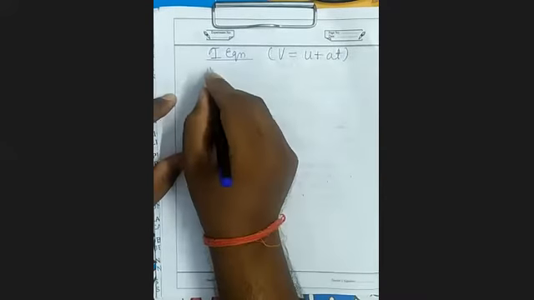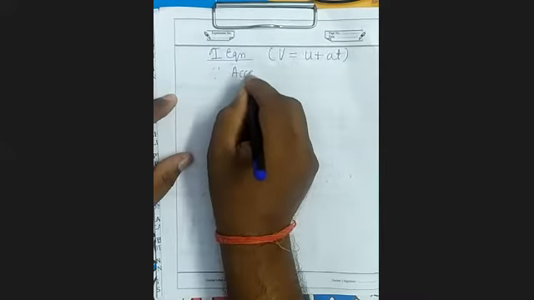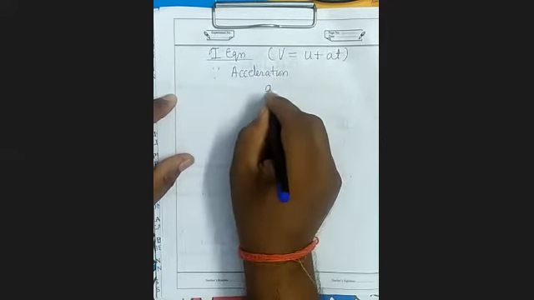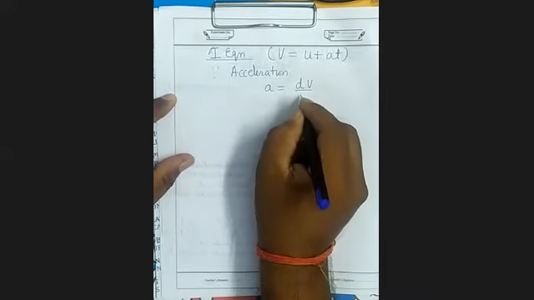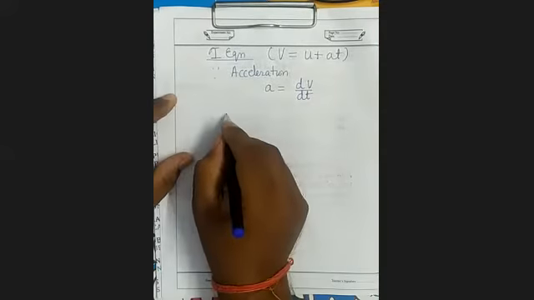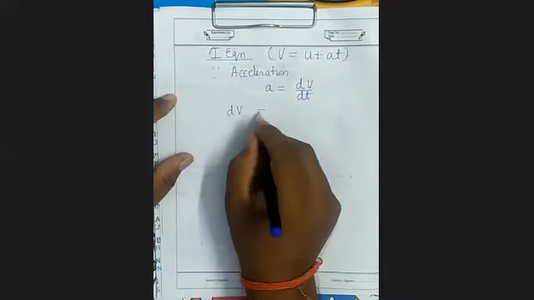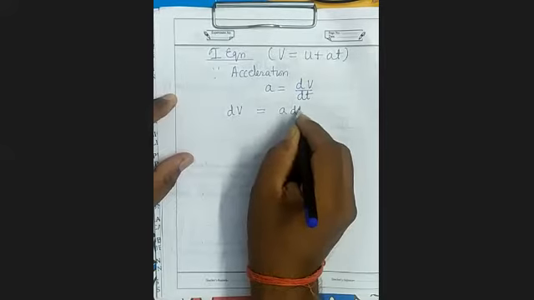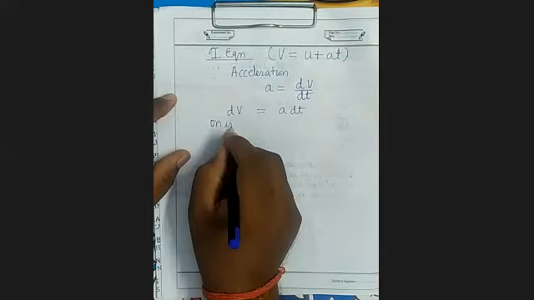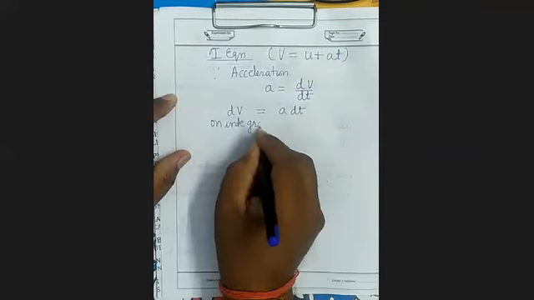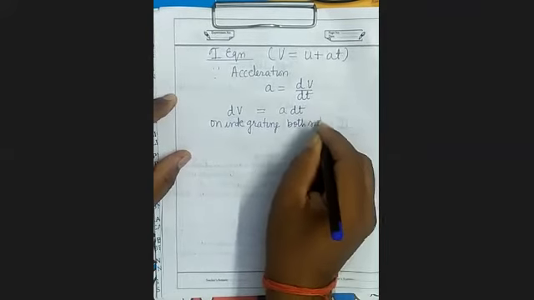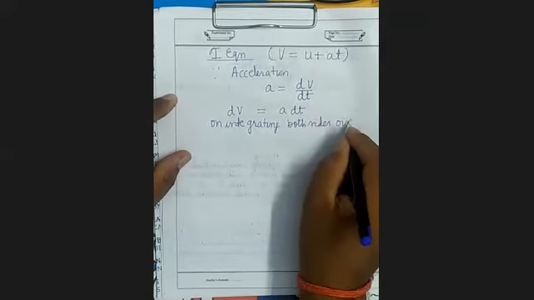As you know, since acceleration a equals d by dt of v, what will be dv? It will be equal to a into dt. Now on integrating both sides over the proper limits,